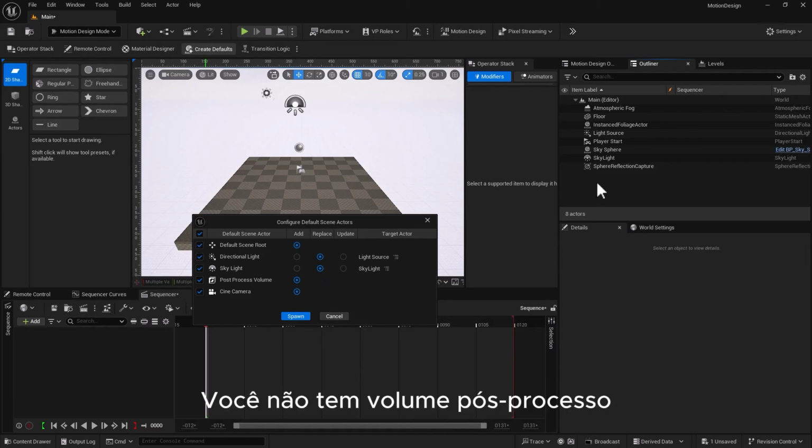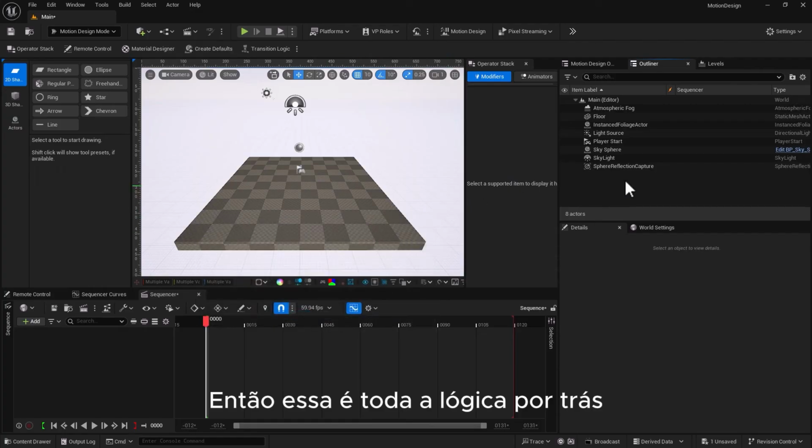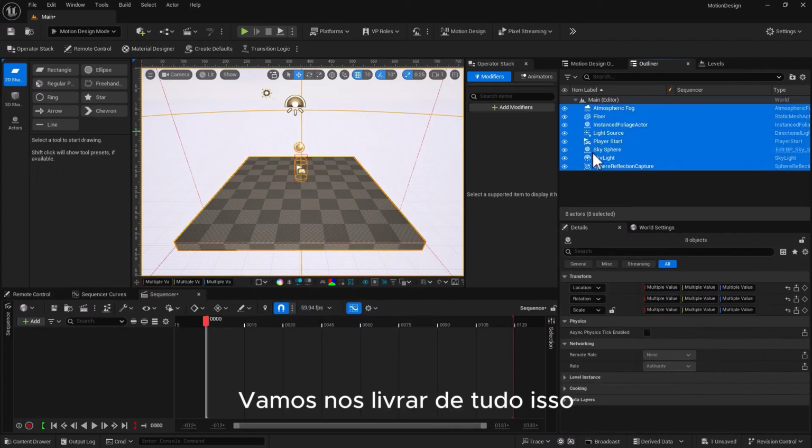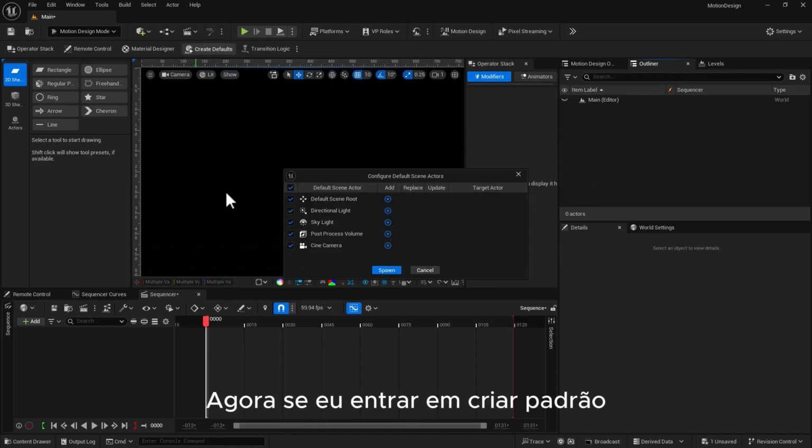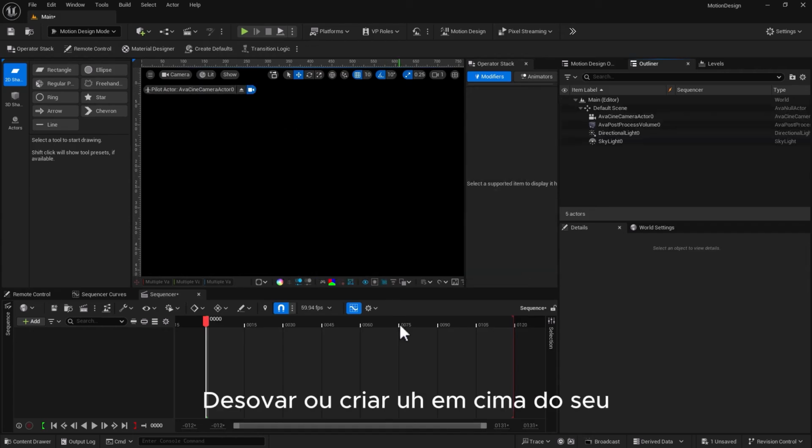You don't have post-process volume, so I'm going to create one. You don't have cine camera, so I'm going to create one. So that's the whole logic behind let's get rid of all of that and let motion design tool create and prepare everything for you. Now, if I go into create default, it says, I don't see anything. That is good. I'm going to create all of this for you, spawn or create on top of your,